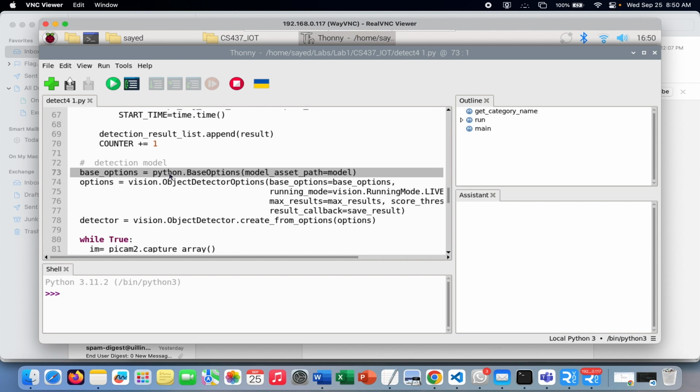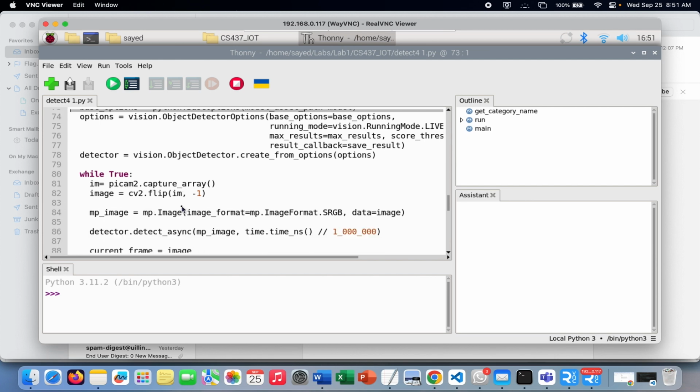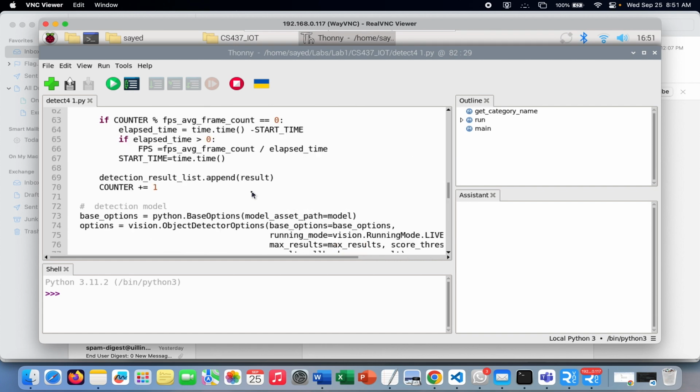This is calling the base option model for object detection, so we are setting it up here. This function calls the PiCamera continuously, so we are scanning continuously. As a new object is detected, it will be automatically saved to this detection result